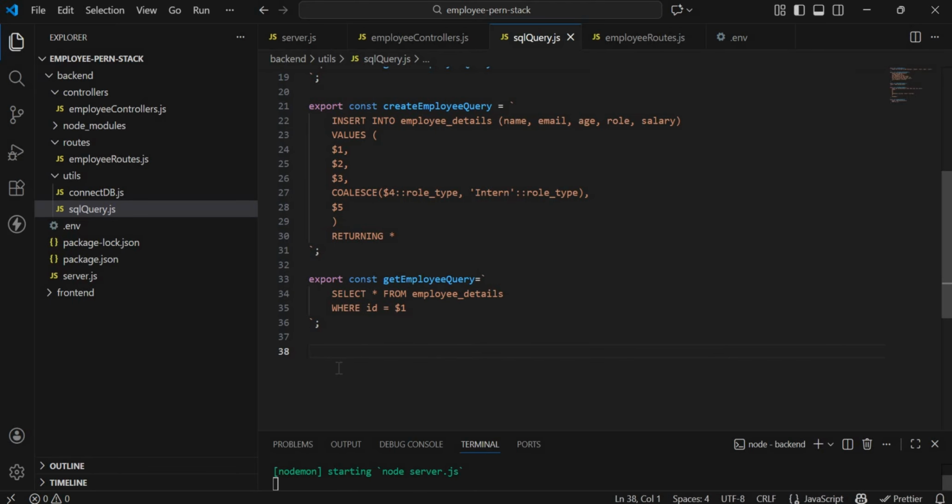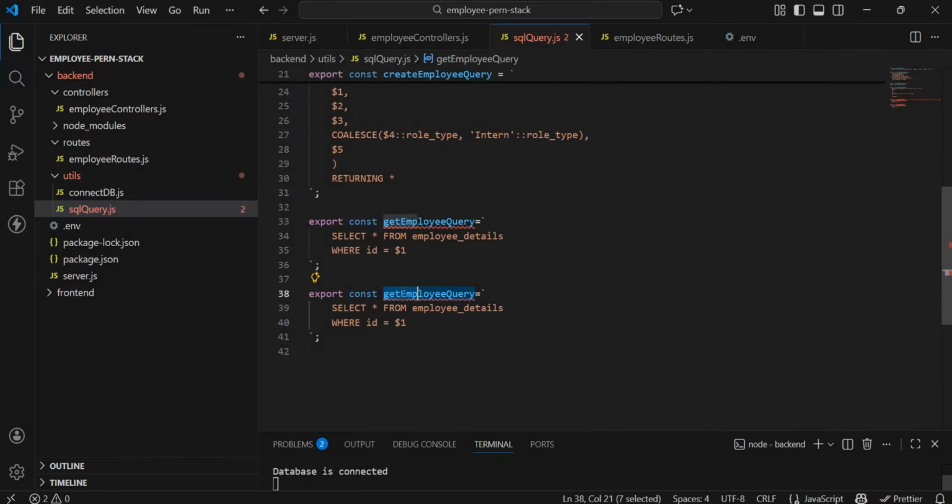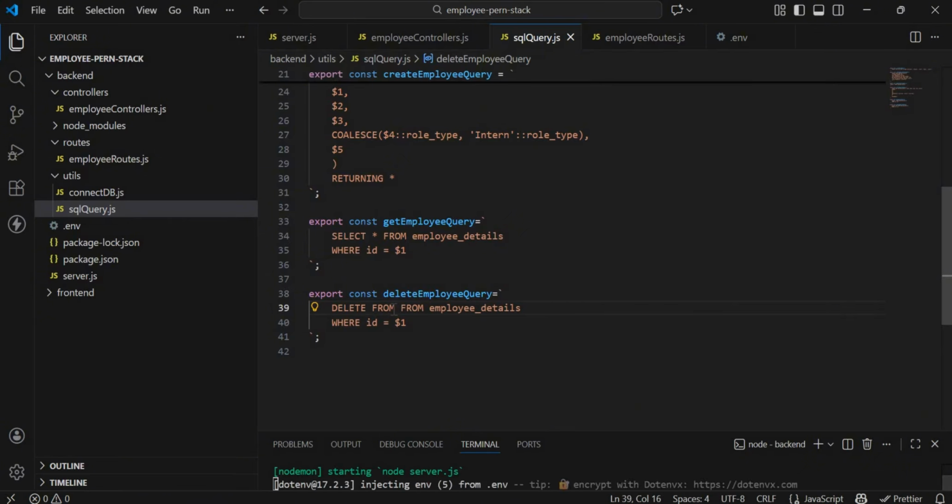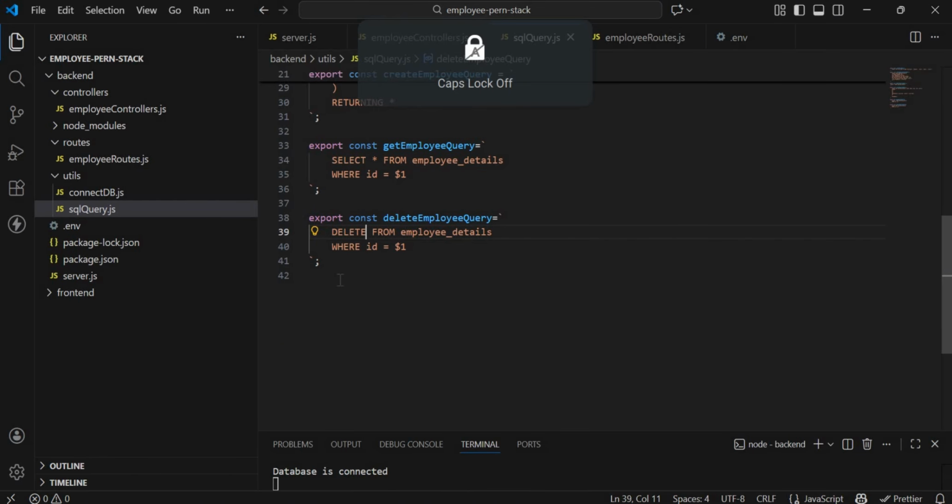then we'll write the query to delete an employee's details. So instead of having to rewrite, I'm just going to copy this and paste it here. But here it's going to be delete employee query. So here is going to be delete, not all, delete from employee details table where ID is this. Okay,